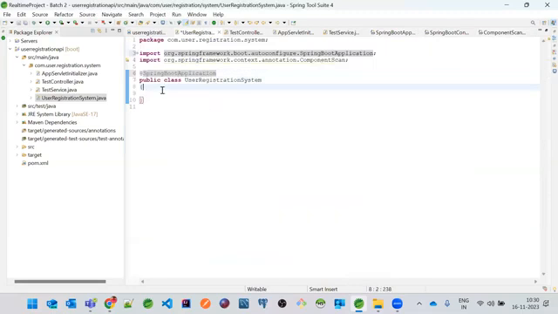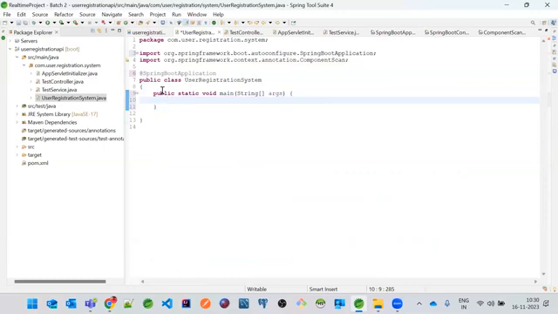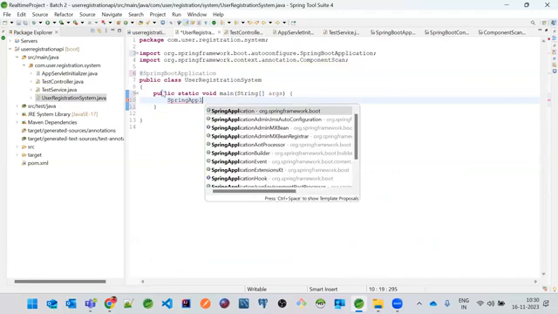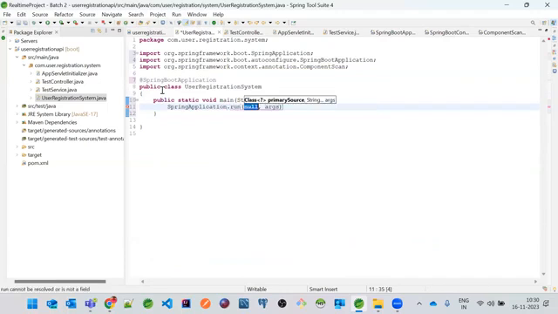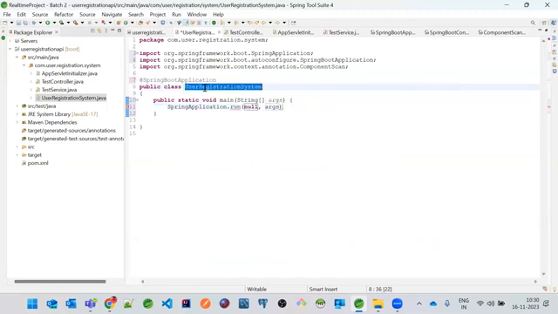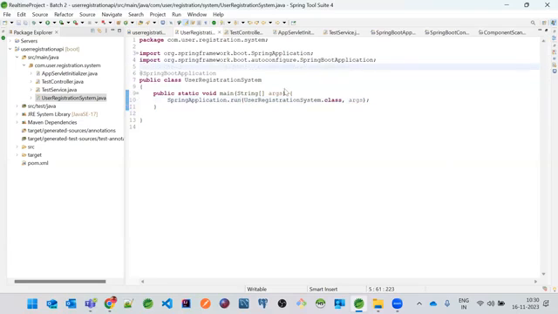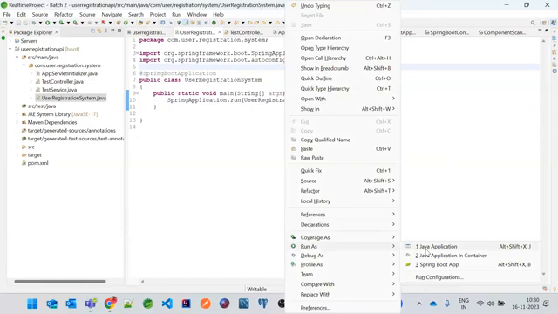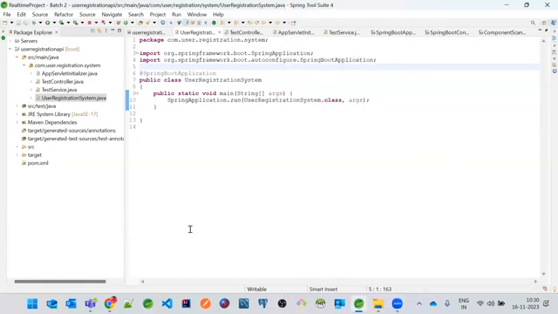Now, since a Spring Boot application requires a main method, it is still going to start on a server. So there is something called SpringApplication.run, and here we need to provide our main class. That's it. Now I just need to run this application. You don't have to do anything else.